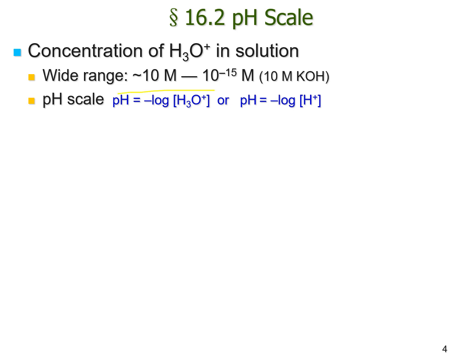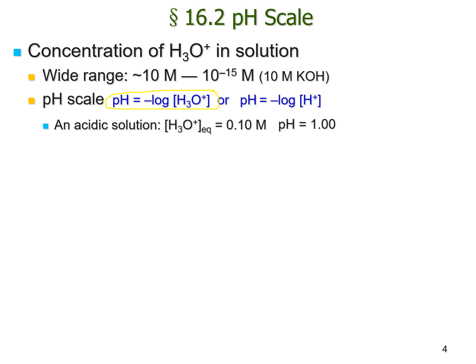Nowadays, this definition is much more common, but I also want you guys to know the original definition of pH, because people my age or older still use proton instead of hydronium. So later on, if you see some old guy talking about protons in a solution, actually they mean hydronium. Okay, so now let's say we have an acidic solution, where hydronium has a concentration of 0.1 molar.